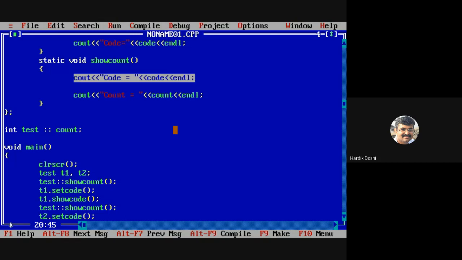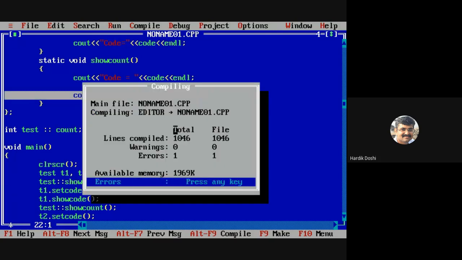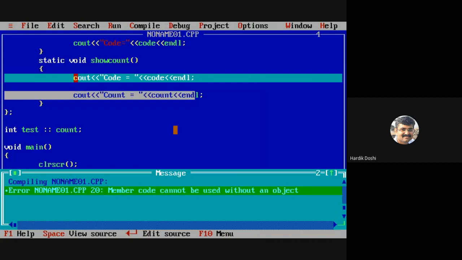Code. What is the type of code? Is it static or non-static? Non-static. What is count? Static or non-static? Static. So now see what will happen. It will give you an error. What is the error? Member code cannot be used without an object.